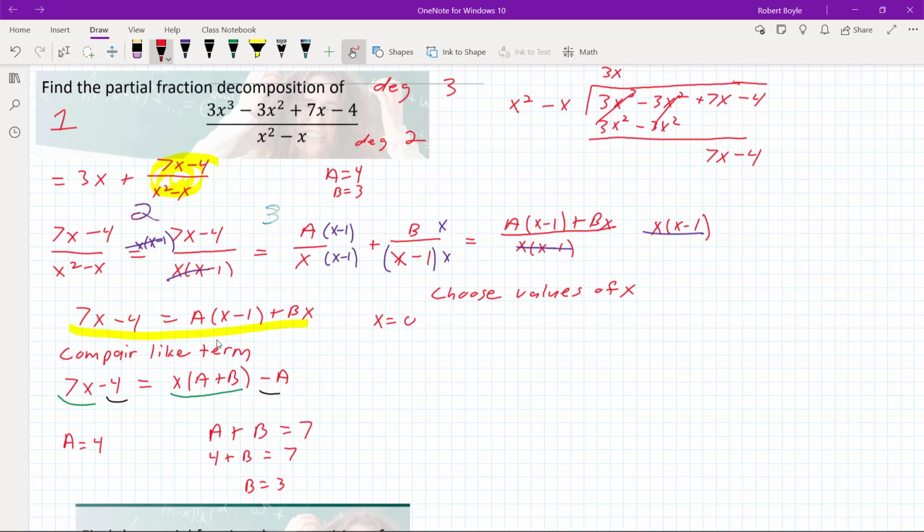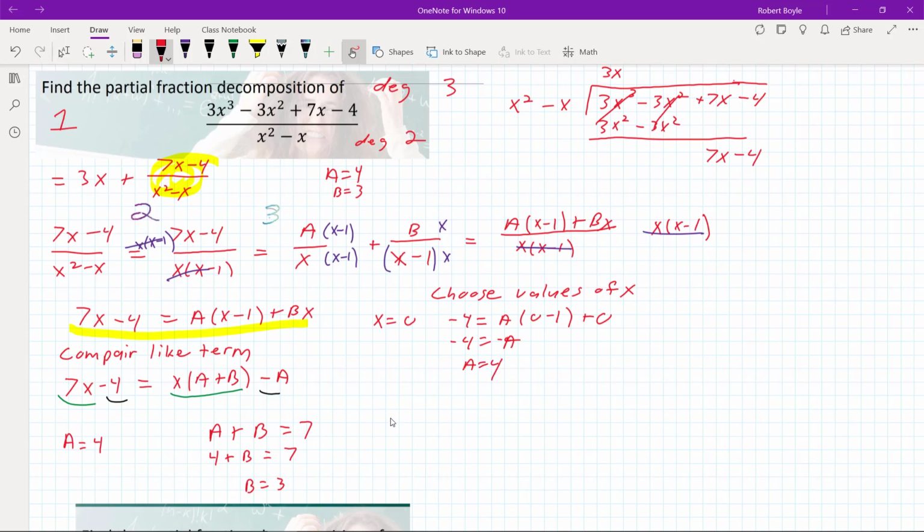And if we do, we are going to have 7 times 0, which is 0, minus 4 is equal to a times 0 minus 1 plus 0. Or that negative 4 is equal to negative a, or that a is equal to 4,